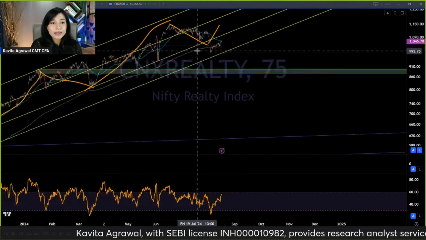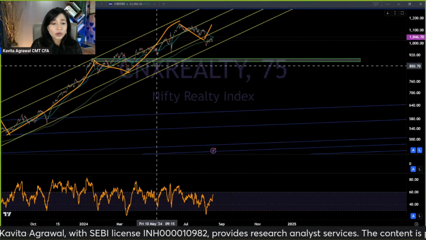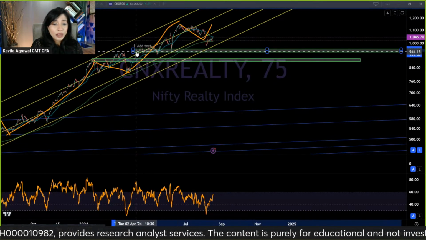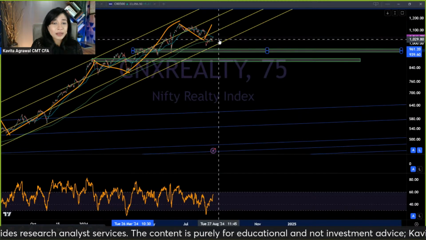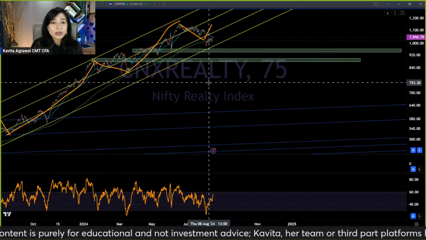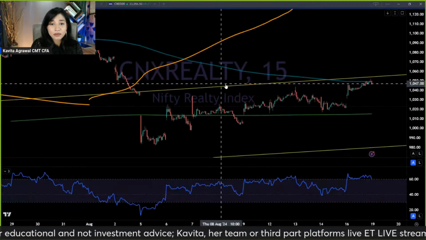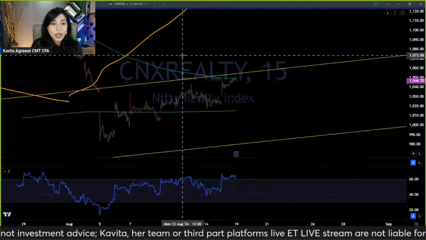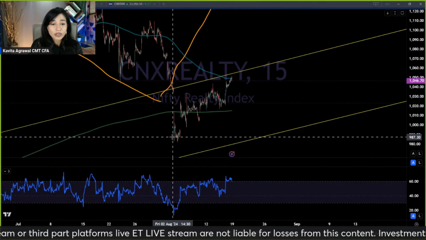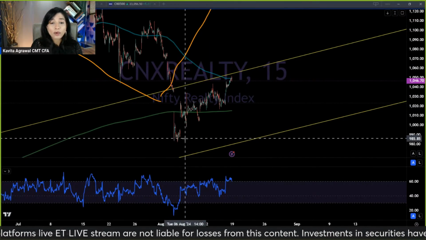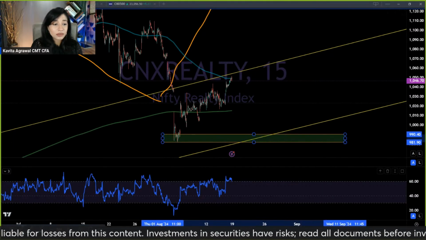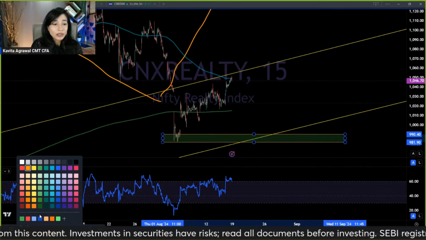Now here I can see while the trajectory of the overall sector remains pretty positive, I am expecting maybe a little bit more correction here. To be honest, the correction or the upside that has started to unfold here has not been confirmed yet. So I need to see a little bit more confirmation before I can feel confident. And I think this can come down to kind of retest this level, the realty sector.